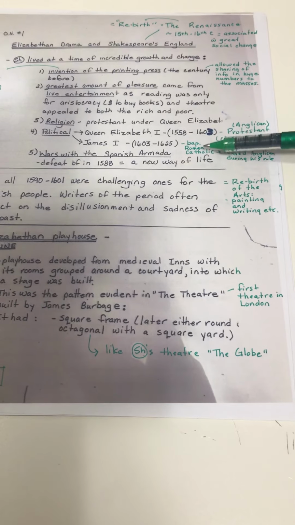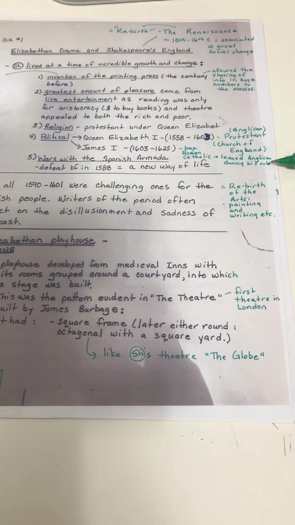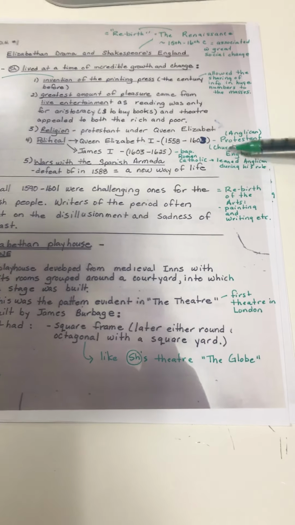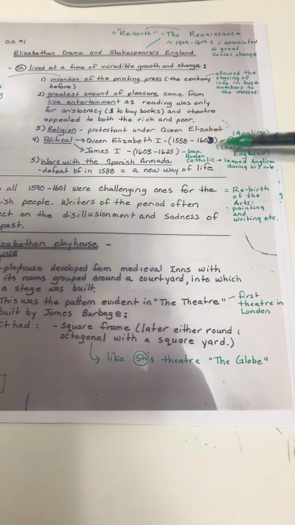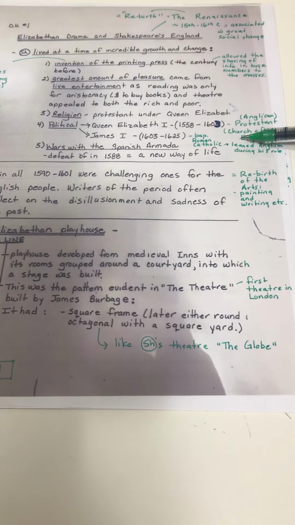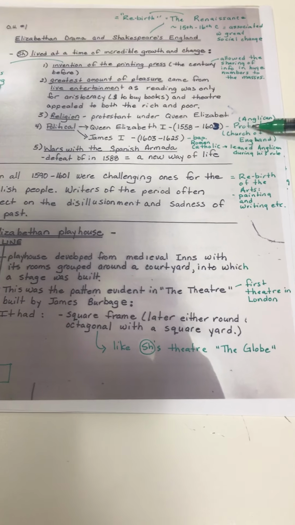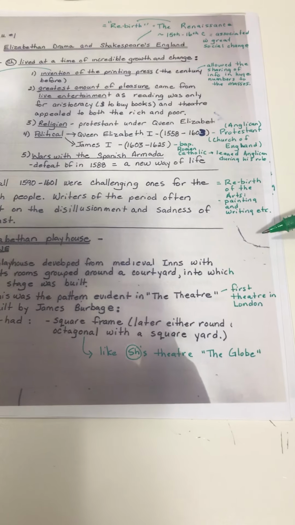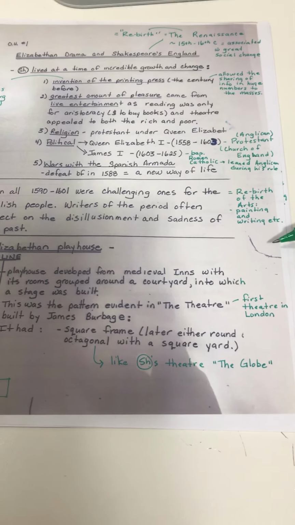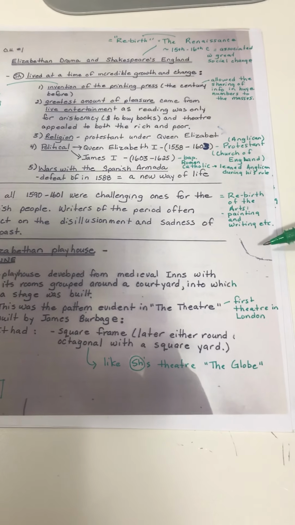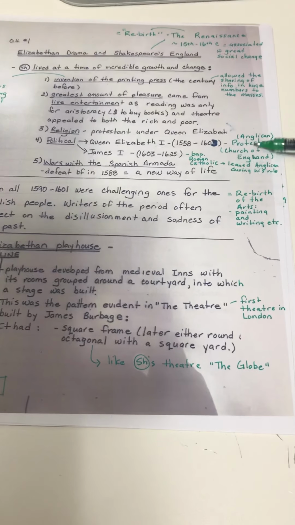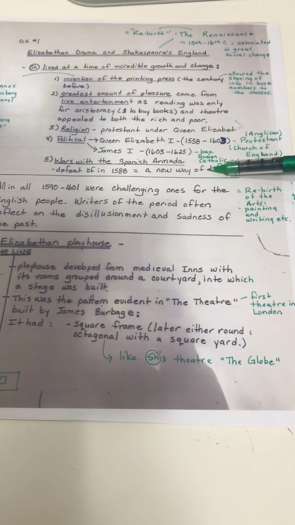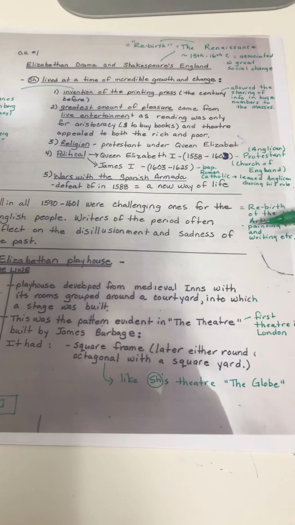He was baptized Roman Catholic, and by the time he came to rule, though, he was leaning towards Anglican as well. Now, this was important to note because if you were living at this particular time and you did not adhere to the official religion at the time, you could be considered a heretic and even put to death for it. And the last thing here that we're going to take a look at that influenced this incredible growth